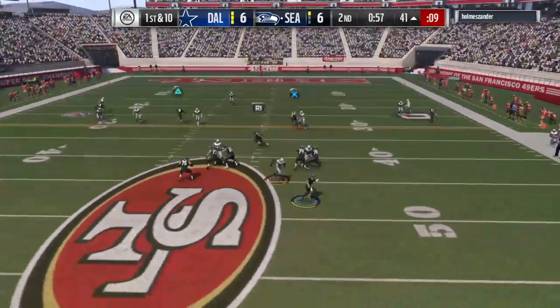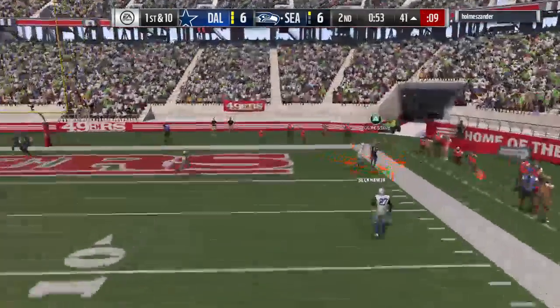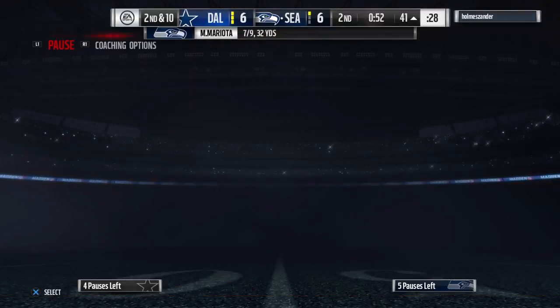Now they've given up that type of field position, the advantage is switched to their opponent. Throwing, Mariota, flush to his right. Now he's going to let it go deep right sideline. The Pro Bowler Odell Beckham, the intended...